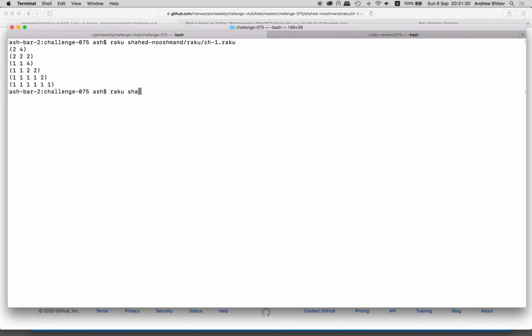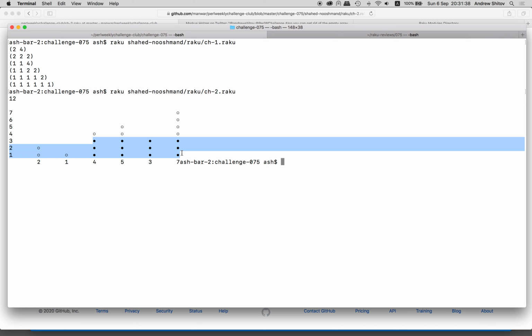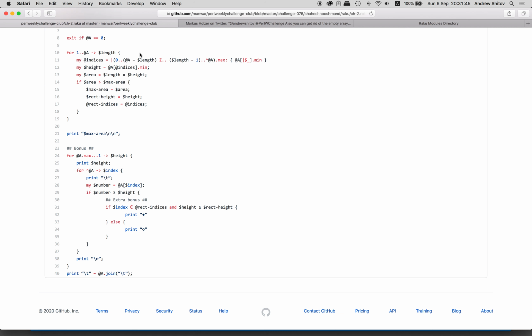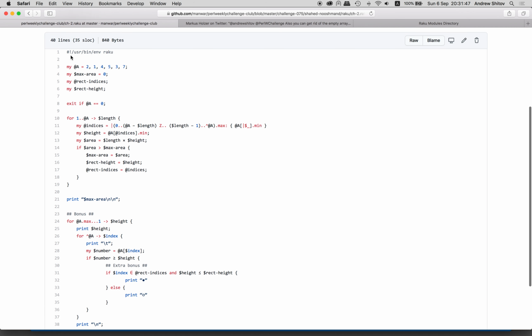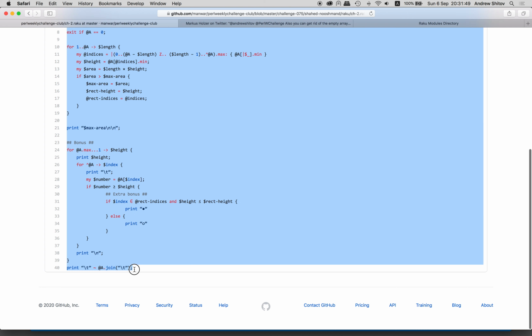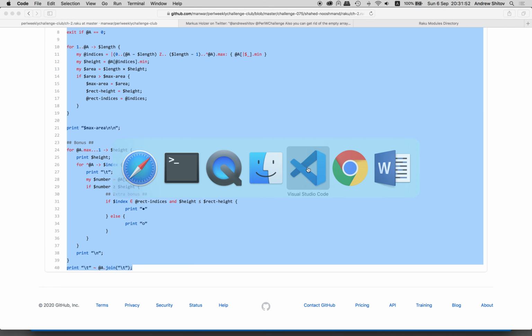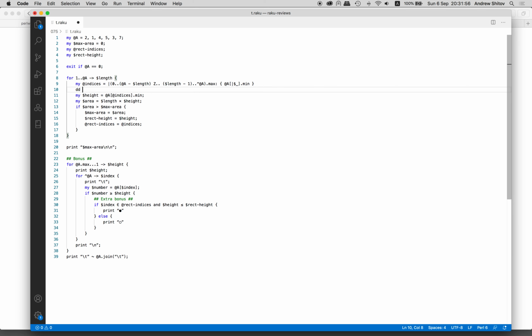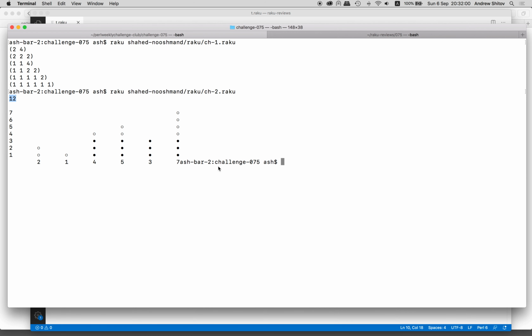Shahed Raku number 2, voila. So you see, this is the rectangle, and where's the answer? The answer is here, it's 12. That's a correct solution. Nevertheless, let's look at the program and take this, and I want to print these indexes, maybe say indices. Let's see what's there inside the